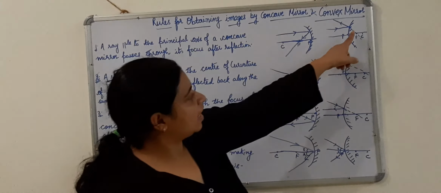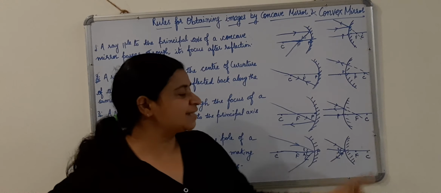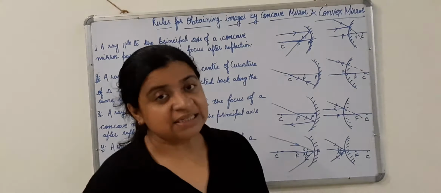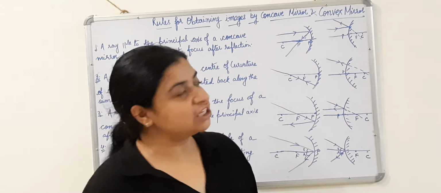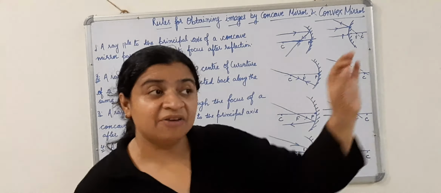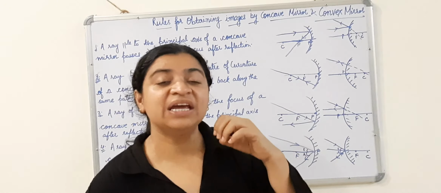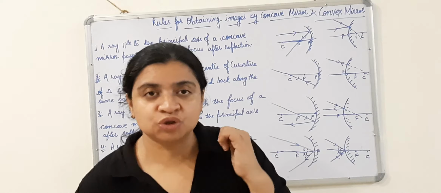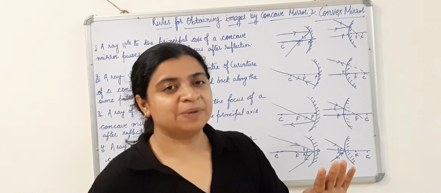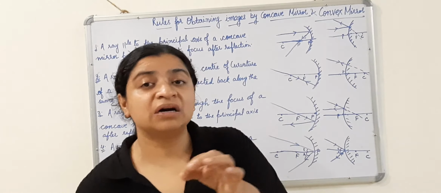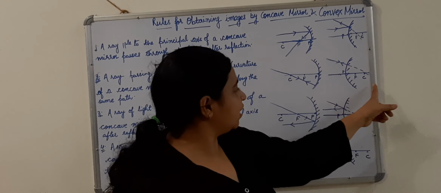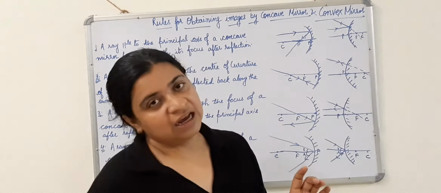So why have I drawn the dotted line in all these cases? Because here the rays of light are not actually passing through these points. Here we have retraced the lights back. We are trying to make them pass through that point virtually. They are not actually passing, but we have made them pass through those points virtually. That is why I have drawn the dotted line in all these cases. I hope it is clear,